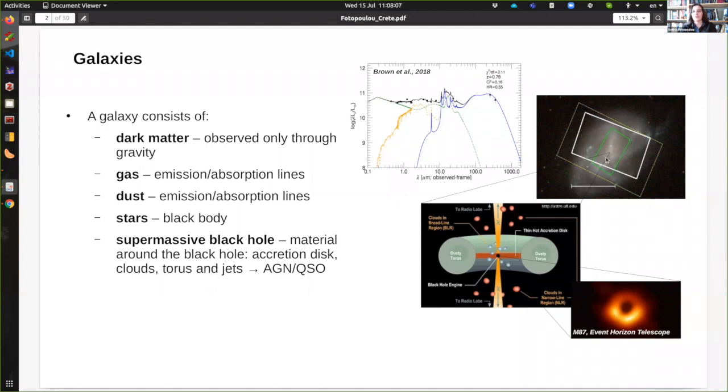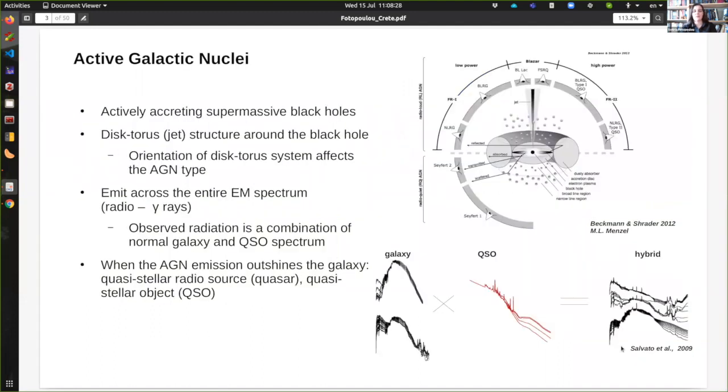And here is, of course, a zoom in of just a normal looking galaxy. In the center, it would have a black hole lurking, most of the times being inactive. And then, of course, we have the great first image of a black hole, or the base of a jet close to a black hole. So whenever this black hole is going to have